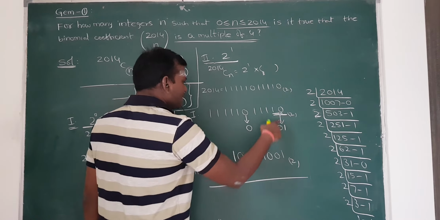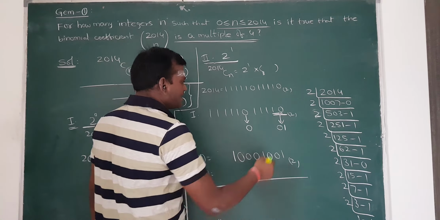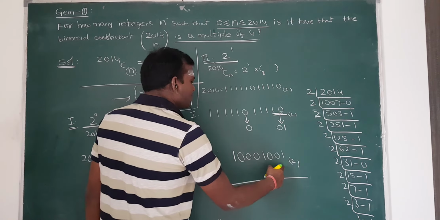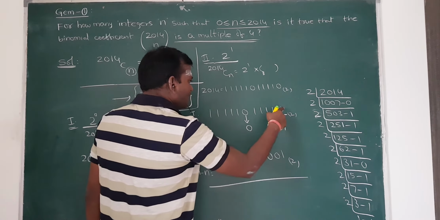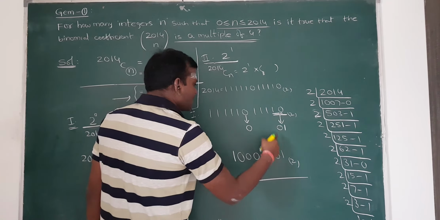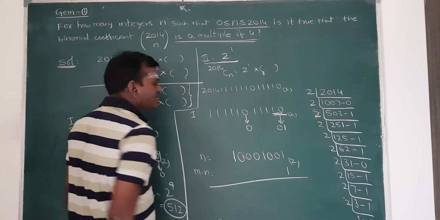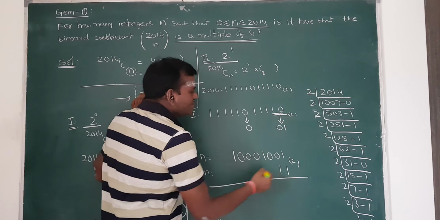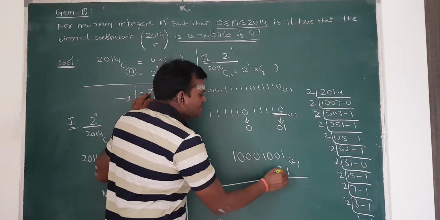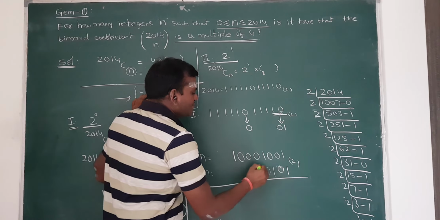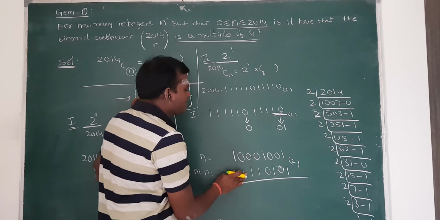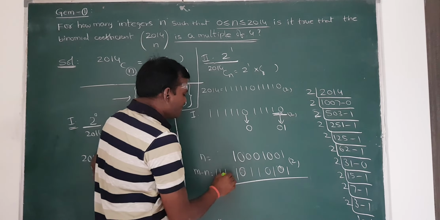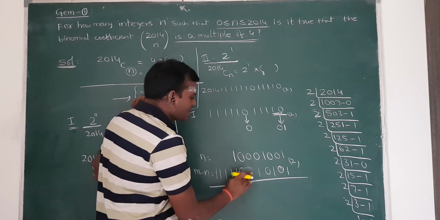That means I will subtract this one, this one. Which number will I get here? 0 minus 1. I want to subtract this minus this one. 0 minus 1, how will I get 0 here? 1. And this is also 1. Then this is 1 0 1 1 1. This position is not disturbed here, 0. Then 1 1 1 1. This position is not disturbed here.